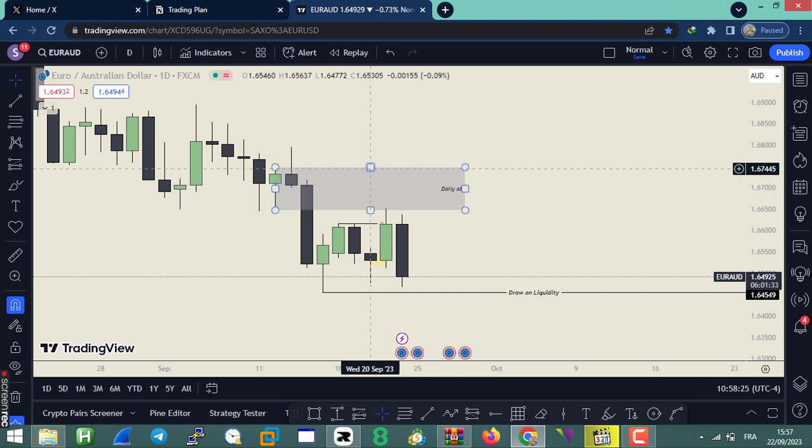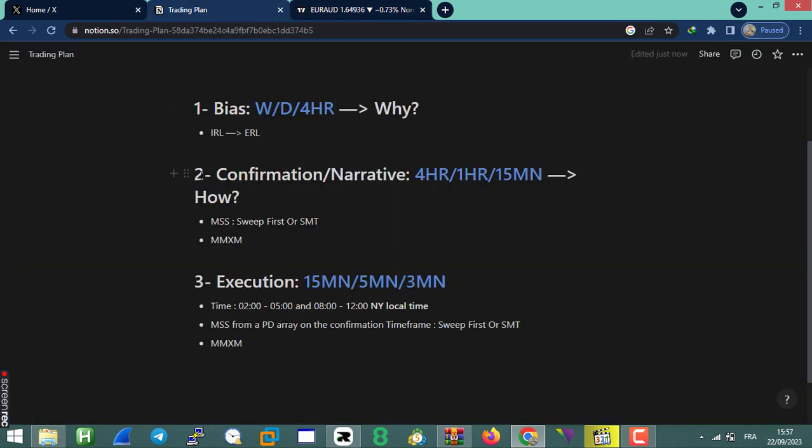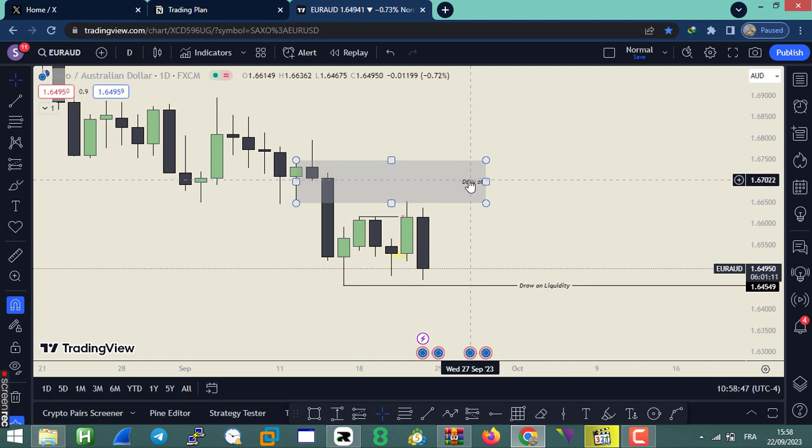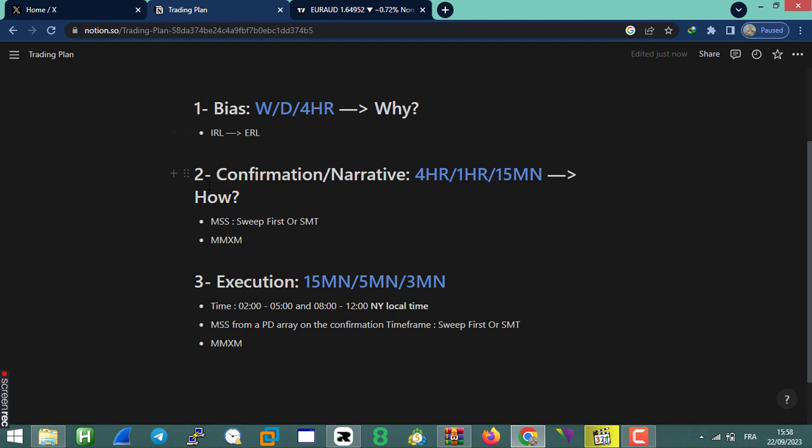No. Now you're going to use the second phase or the second step, which is the confirmation or the narrative. So how price should go to that external range liquidity. All right, so now we have determined our bias, and we have also tapped into this daily order block. So this is another confluence. All right, now we move on to the second